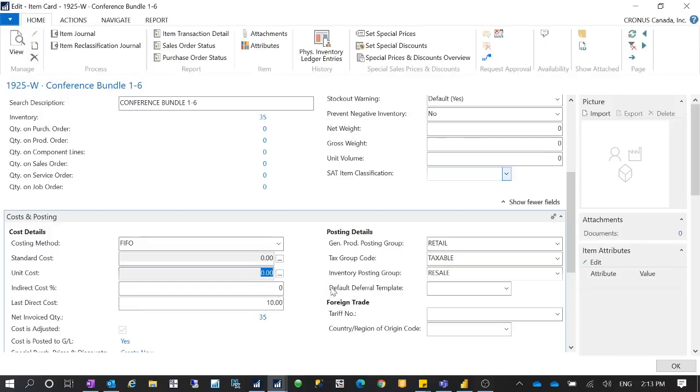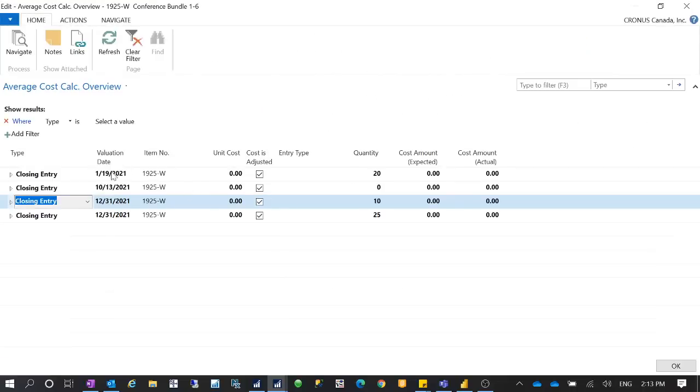If you want to zero out the cost in your system, first you have to do a revaluation of your open item ledger entries to make sure you revalue the cost to 0. The next thing is you can zero out this unit cost, and you cannot do it by editing because this is a non-editable field. And if you click on the three dots here, then you will see